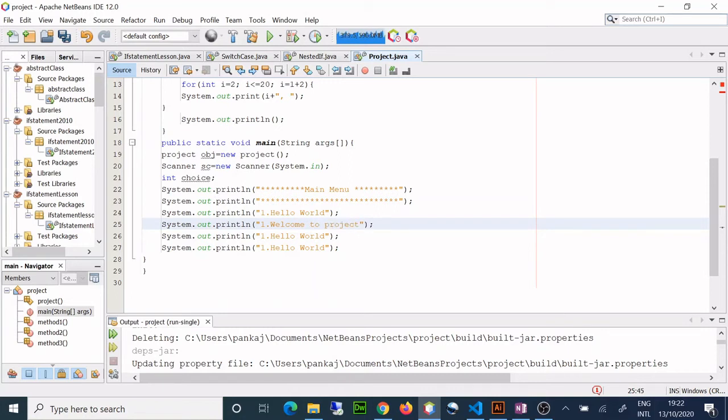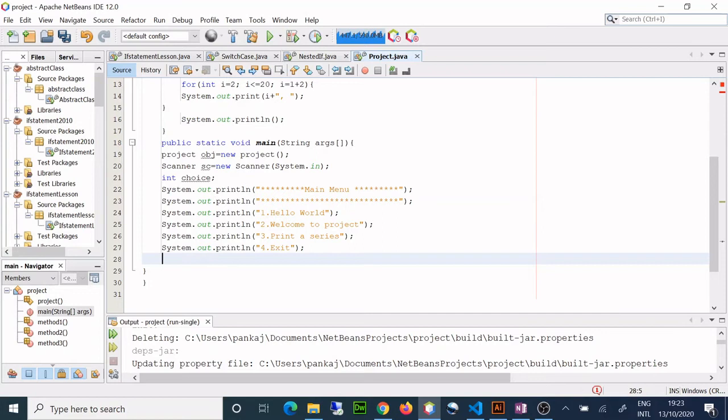Okay, my third choice is print a series. And my fourth choice is the exit. We have to exit the menu, we have to stop the program. So that's my fourth choice.